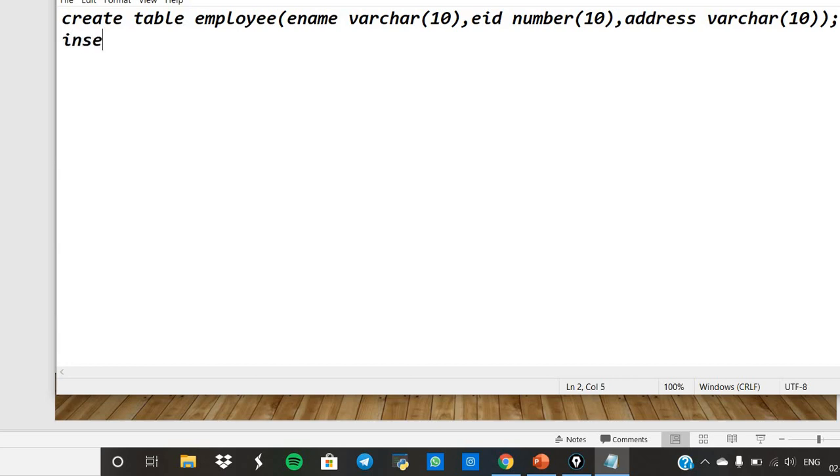Next you're going to insert the values: insert into table values. So what are the values you're going to insert? Name, I can give any name, any employee id, any address.